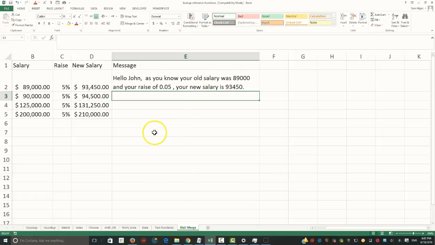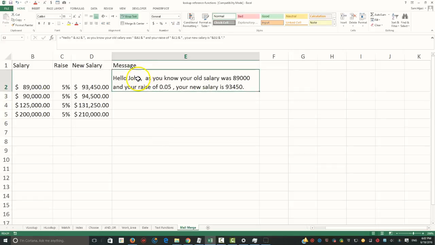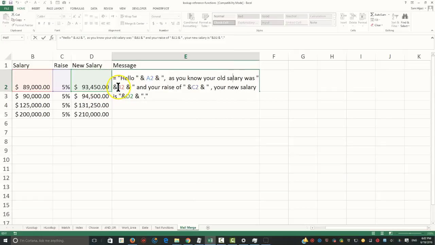No big deal. There is a function. Let me show you here. Actually, I could build it directly in the original concatenation, so you will not be afraid of doing it by yourself. This is where B2, that's the old salary. The name of the function is TEXT, and we're going to be using that for other things. TEXT. And I'm going to take the first parameter, which is the actual value. Between double quotation marks, I'm going to put the $ sign. I'm going to put the pound sign, which is going to represent a value, a number,